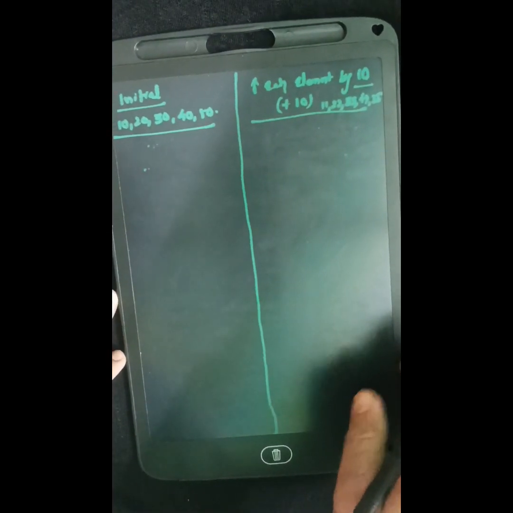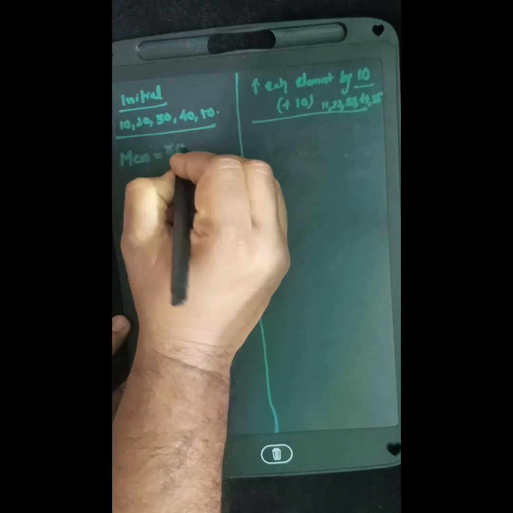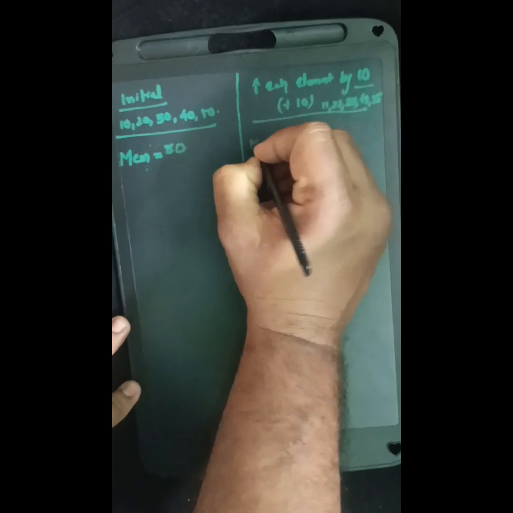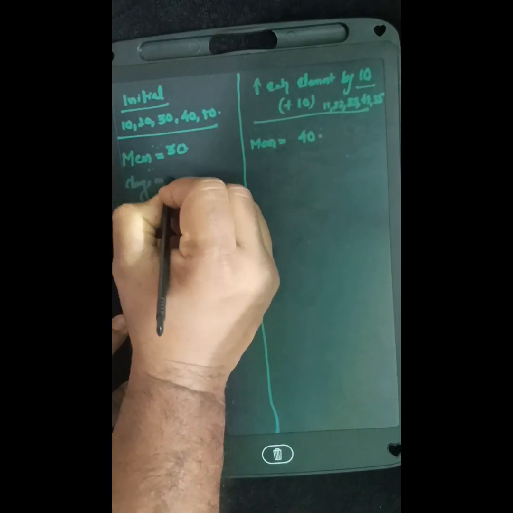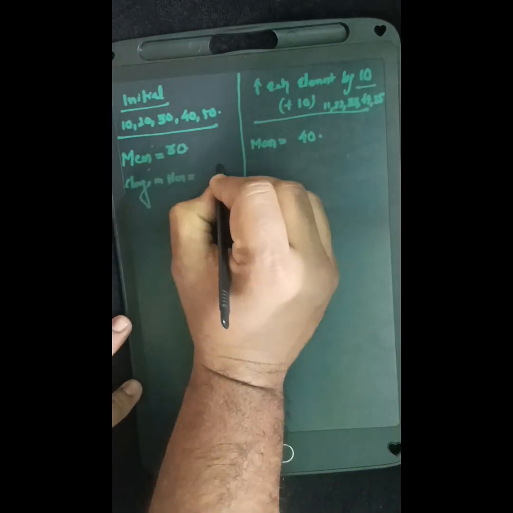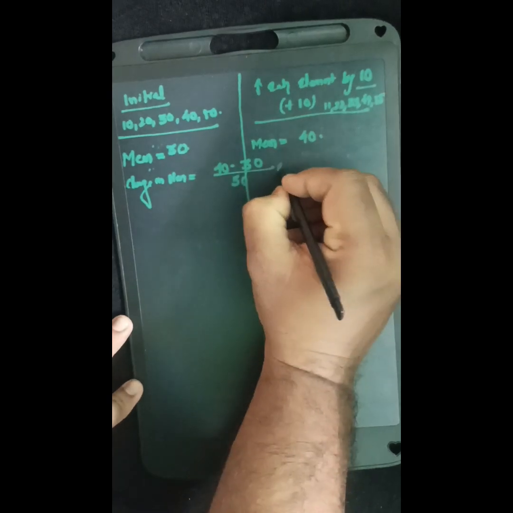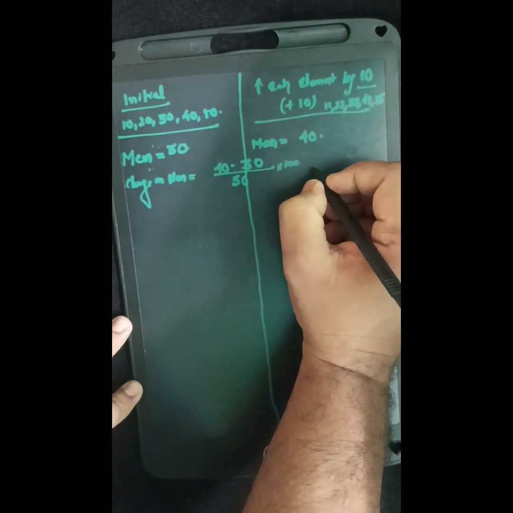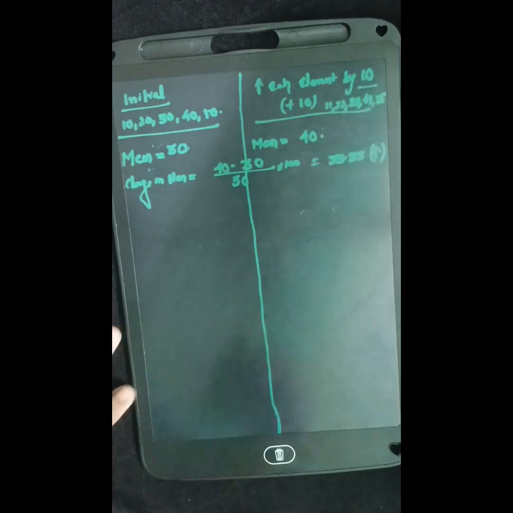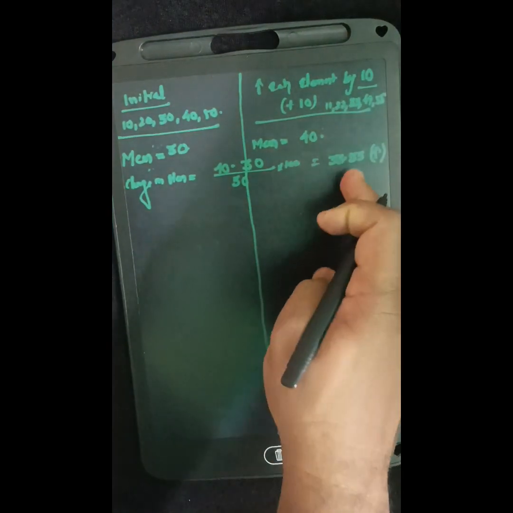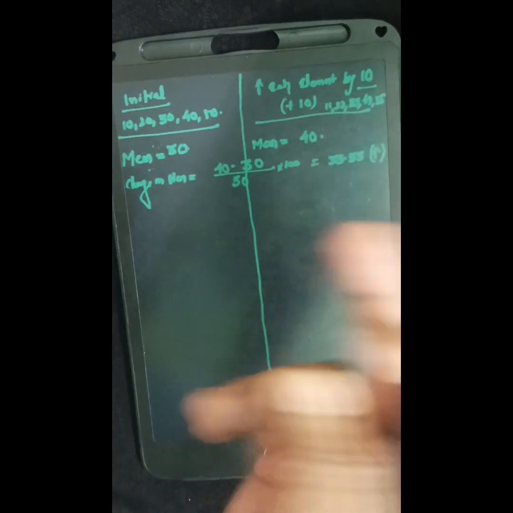So now what we had, mean was how much? Mean was 30. Here mean came out to be 40. So change in mean is equal to 40 minus 30 by 30 into 100, which comes out to be how much? 33.33% increase. Okay, so there is an increase in mean of 33.33%